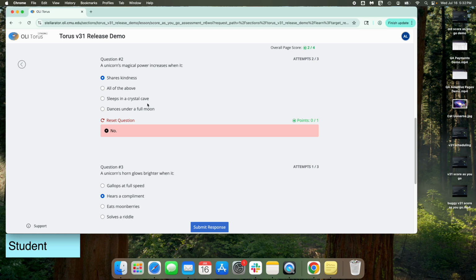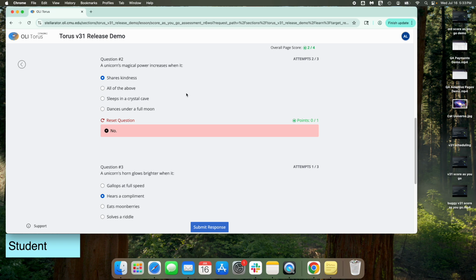And the way that this would work in a Score at the end assessment is that when a student goes back into a new full assessment attempt, it could recycle the question. They might not get the same question from the pool that they got the first time. And I think that can be a nice feature if you want to have questions that have a really similar learning objective, maybe a pool of kind of similar questions, but you're giving your students another variety of the question that maybe they'll connect with a little bit more, and they're more likely to get that one correct. It's a nice thing that you can do in Score at the end assessments, but